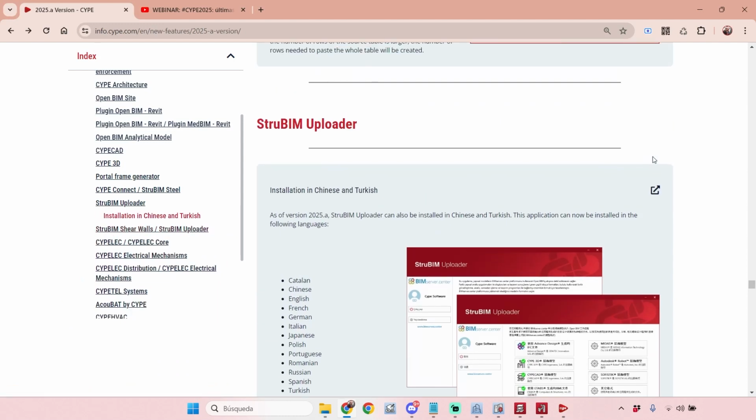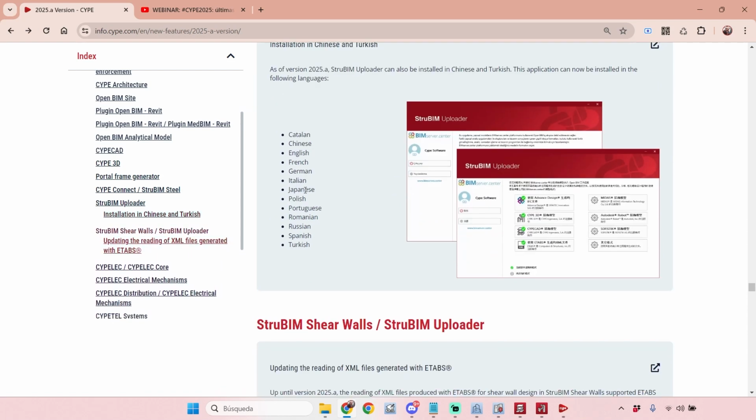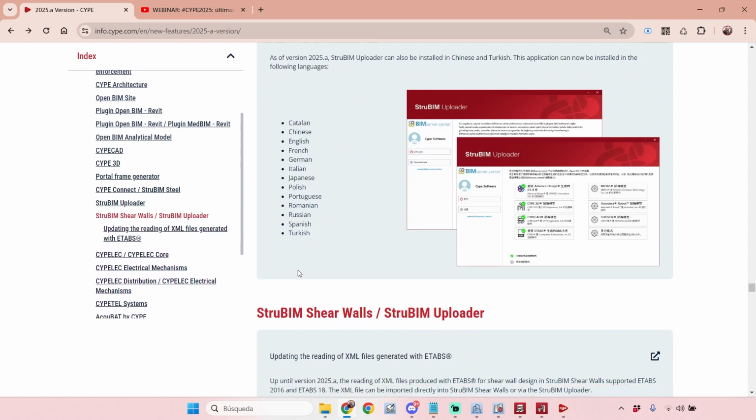Alright, there are some features in this version, and also in some of the previous versions, that are related to this software here, StruBIM Uploader. In this version we have some new languages, so this software was translated to this list of languages. That's one of the features, and the second is